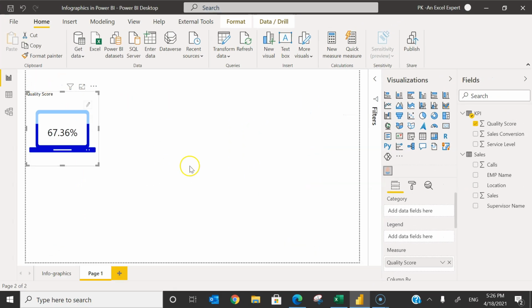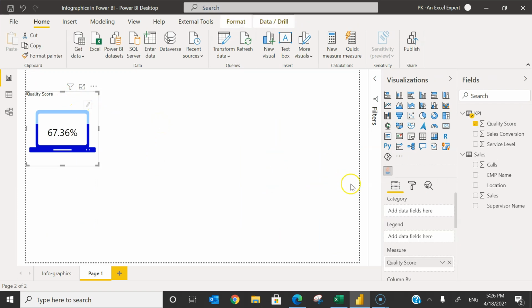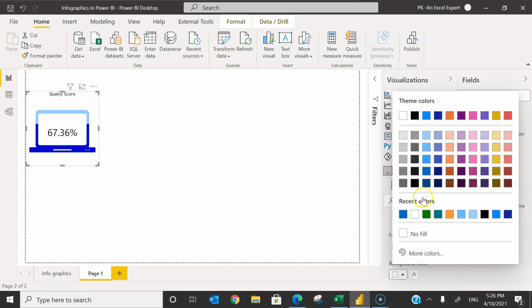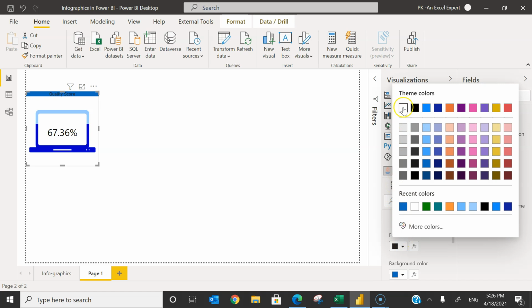Now let's click on back, and here you can see. Now you can do the further formatting. For example, you can take the border. Let's take the title first, and title it is showing quality score. You can change it, this text as per your requirement. I'm keeping it as it is. Let's take the alignment as center. You can take some background color. So let's say I'm taking here this blue, and font color I'm taking this white.